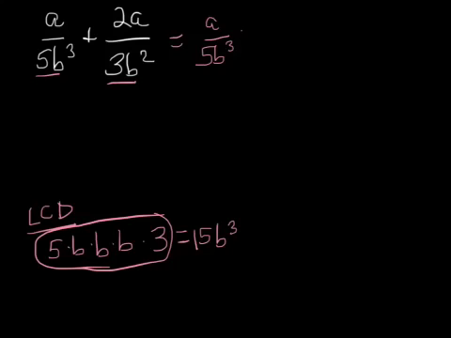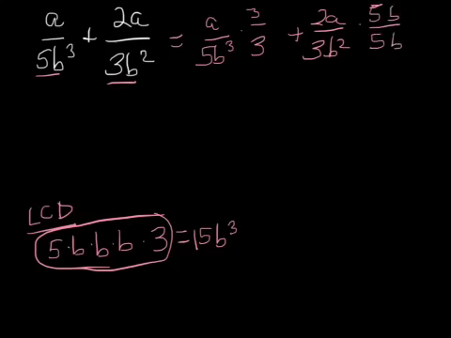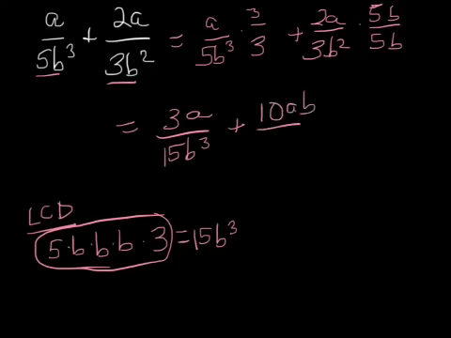So I'm going to multiply the first expression by 3 over 3, and I'm going to multiply 2a over 3b squared by 5b over 5b, and now I'll get 3a over 15b cubed and 10ab over 15b cubed. Again, now I can just add my numerators, so I'll have 3a plus 10ab